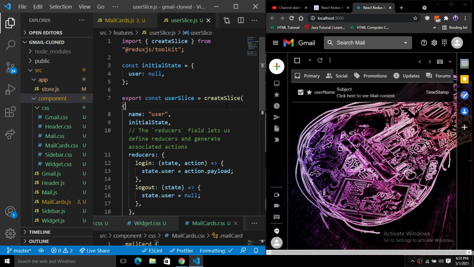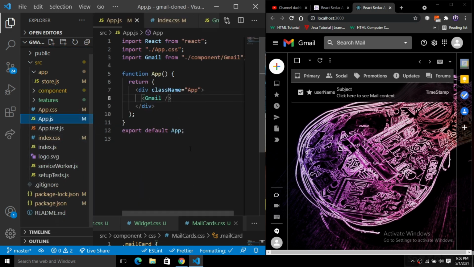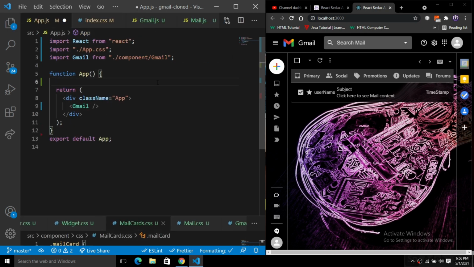First of all we have to simply add that functionality here. So I'm going to go to app.js here. Inside of this app.js we will use a user state. So how will we use this?